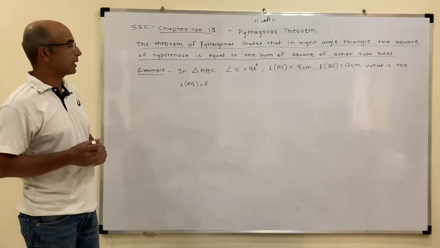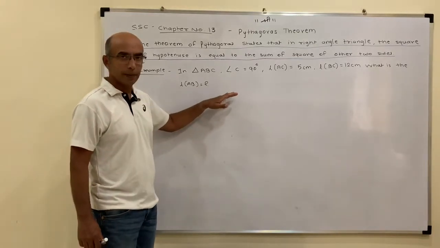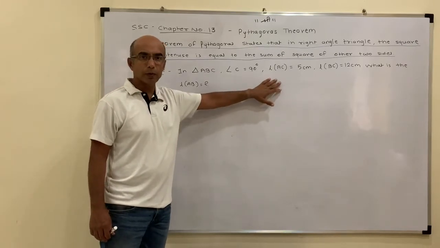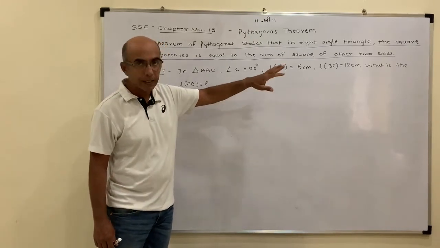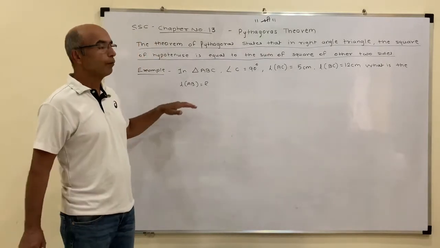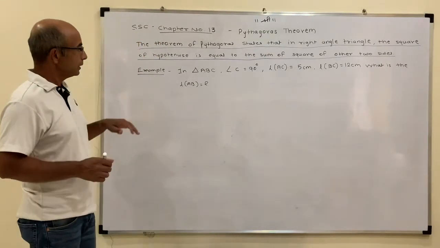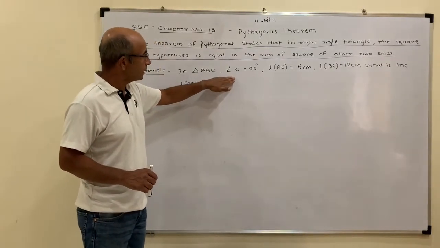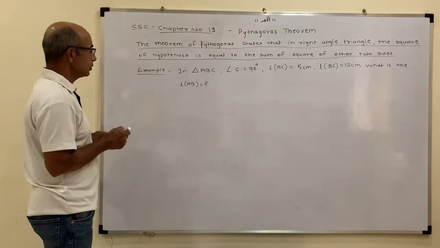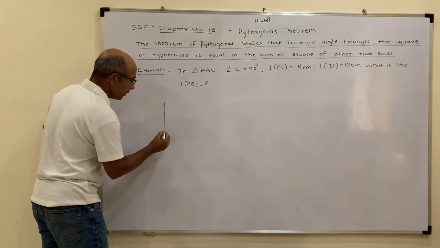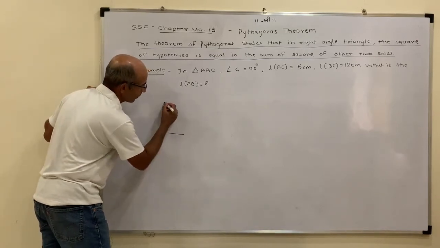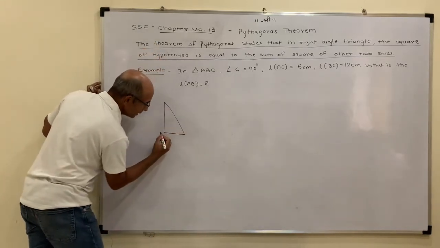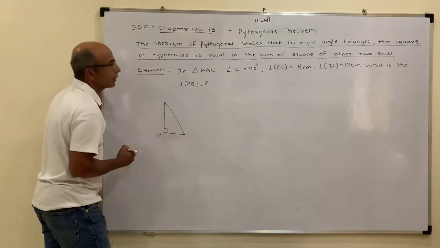Now let's solve this example. What it says: in triangle ABC, angle C equal to 90 degree, length AC is equal to 5 centimeter, length BC equals to 12 centimeter, and we need to find length of AB. When you read, carefully read on which vertex in ABC is the right angle. So now what it says, this is my right angle triangle. Right? So now angle 90 is at the C.